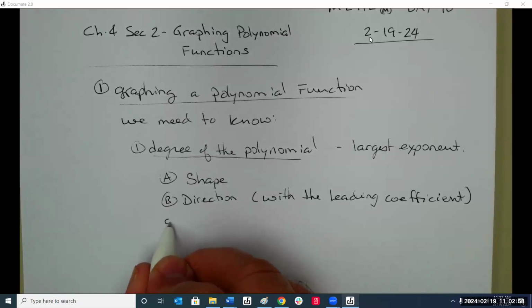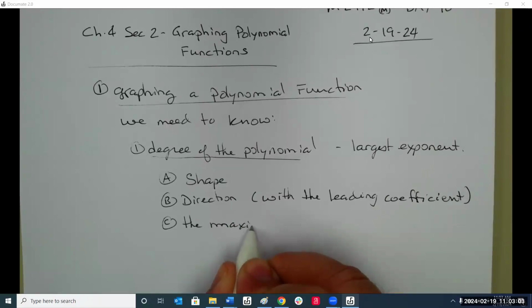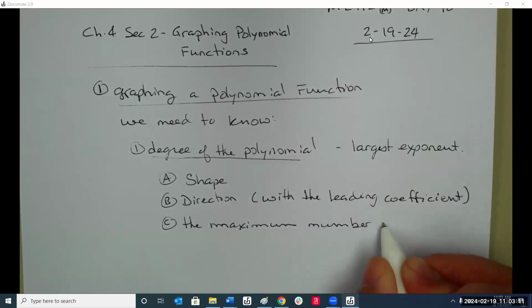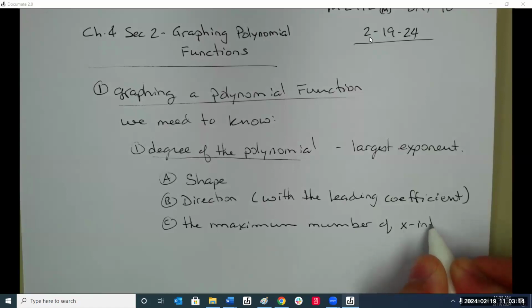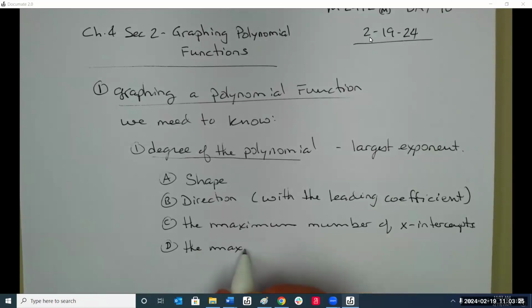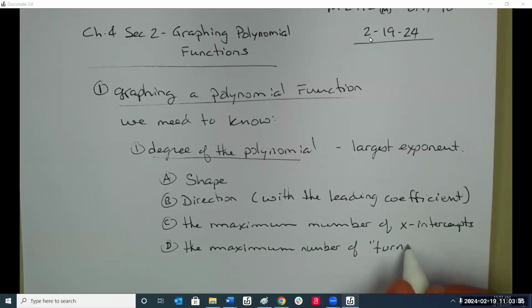It'll tell us the maximum number of x-intercepts, the maximum number of what are called turning points